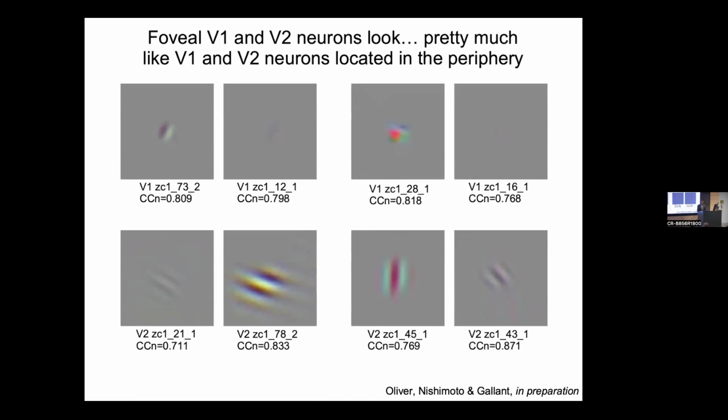And we can also look at the foveal representations in V1 and V2. So these neurons are within 1 to 2 degrees of the fovea. And you can see that they all look kind of like Gabor functions, just like would happen in the periphery. So foveal neurons in V1 and V2 are basically just like peripheral neurons in V1 and V2, which from my